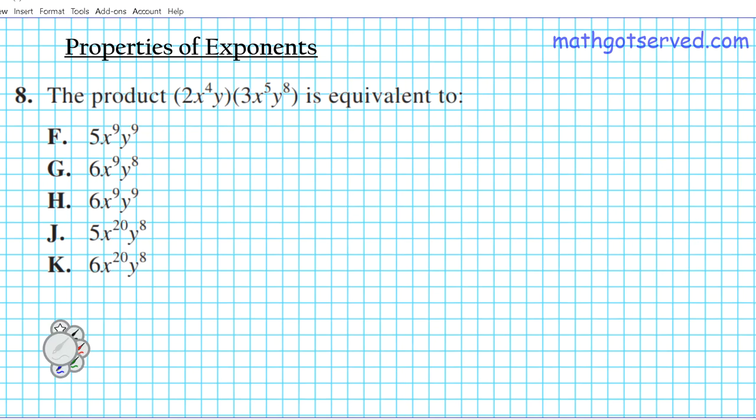Number 8, here we're looking at the properties. You've been tested on your knowledge of the properties of exponents, how to accurately apply it. Question 8 reads, the product of 2x to the 4th y times 3x to the 5th y to the 8th is equivalent to. So what we're going to do here to get started is we're going to start by reviewing